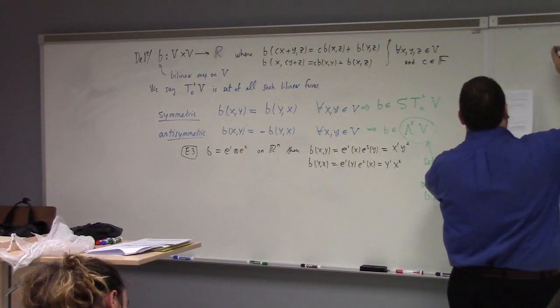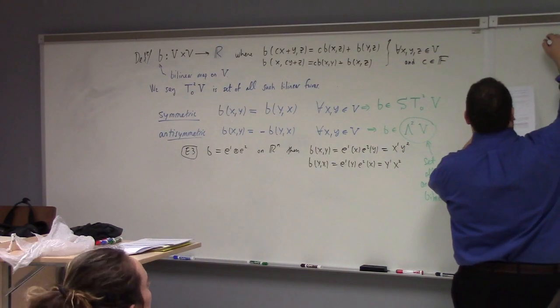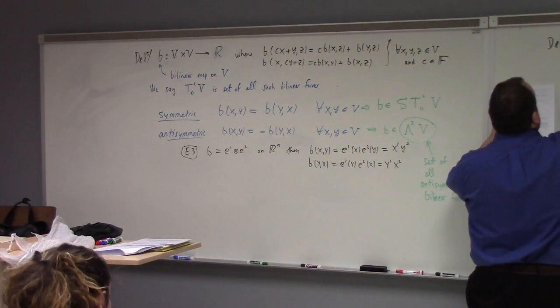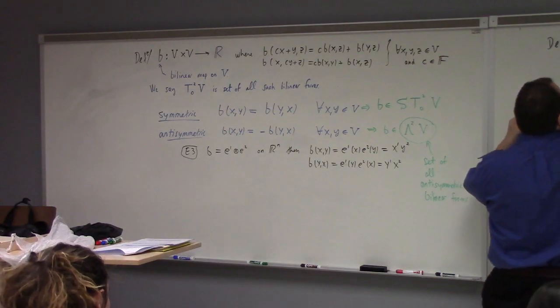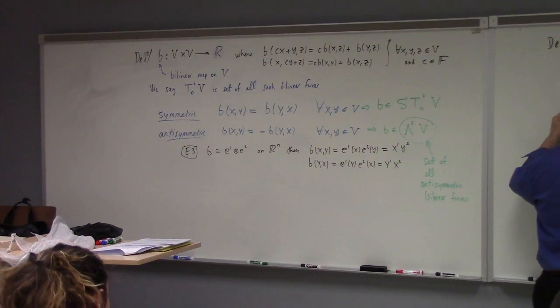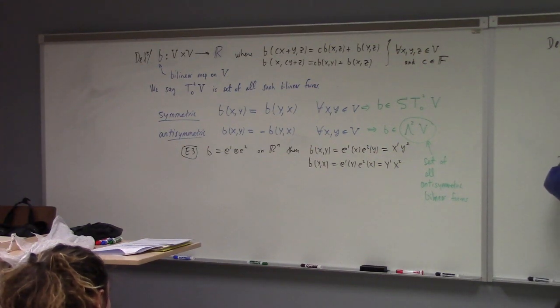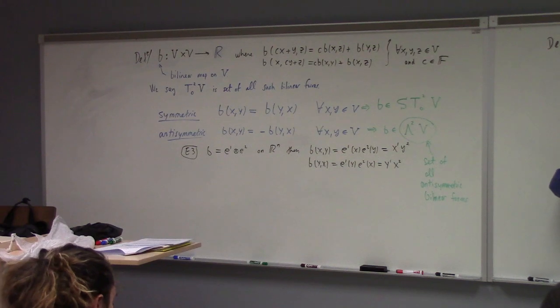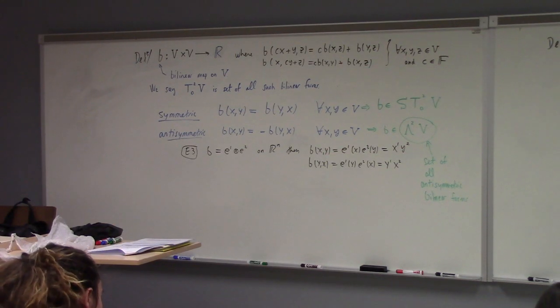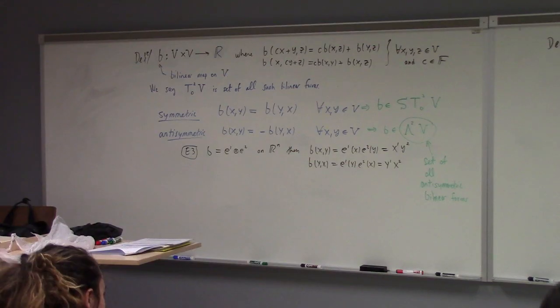Definition: I have H, a mapping from V dual cross V dual to the reals, bilinear. Then H is an element of, and I'm assuming that you guys know what I mean by